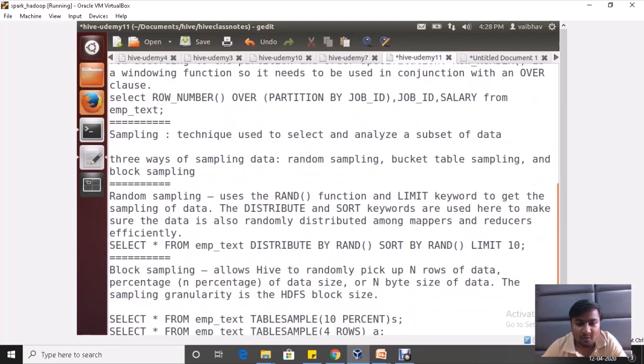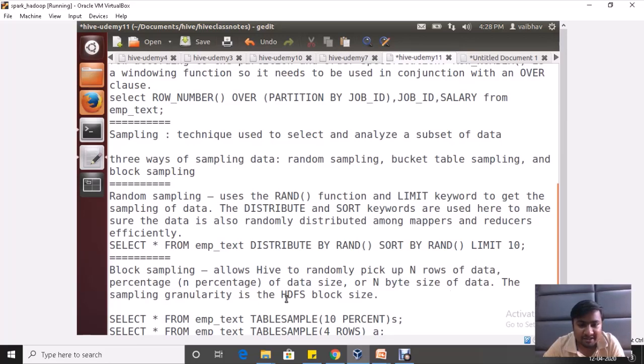is block sampling. What happens in block sampling? Here we mention n as, okay, I want x bytes of data from the complete table, or x percent of data from the complete table. In a simple way, block sampling allows Hive to randomly pick n rows of data. We can mention the same in terms of percentage.